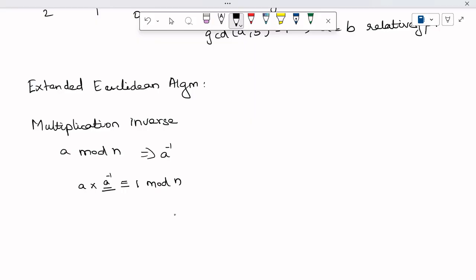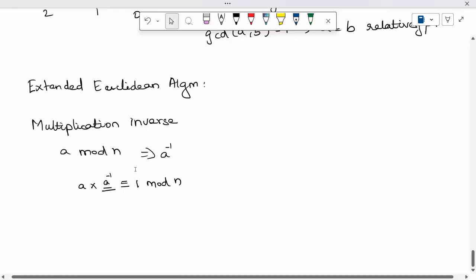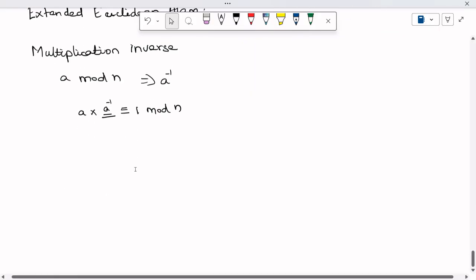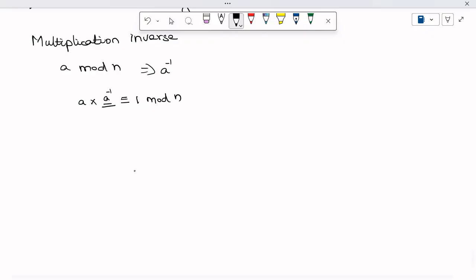Okay. So now we can proceed with an example for dealing with the extended Euclidean algorithm. Our task is to find the multiplicative inverse of 550 mod 1759. Of course, in order to find this A inverse, we can go for a trial and error strategy, but